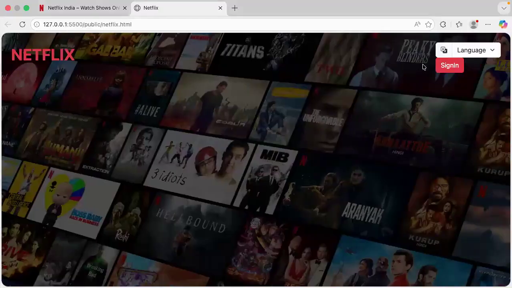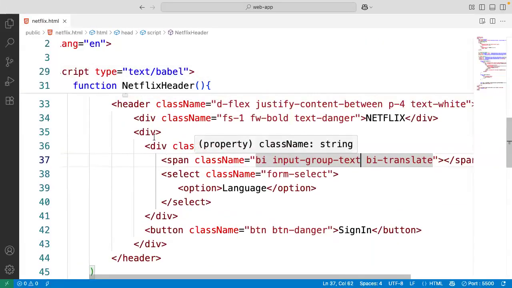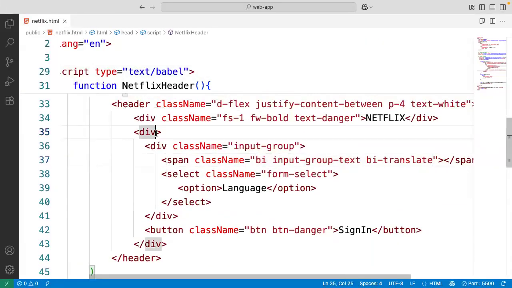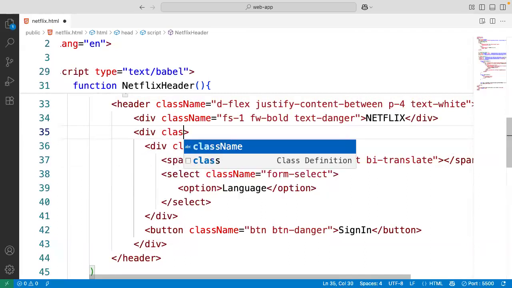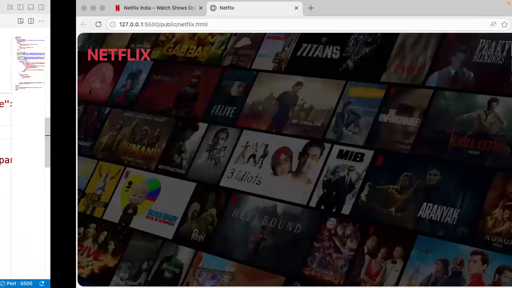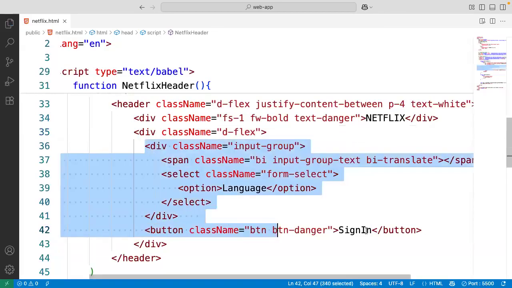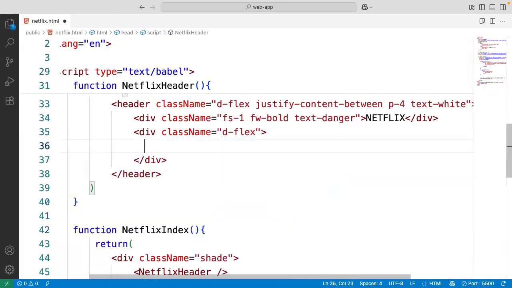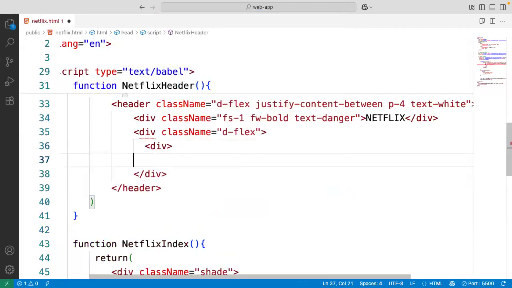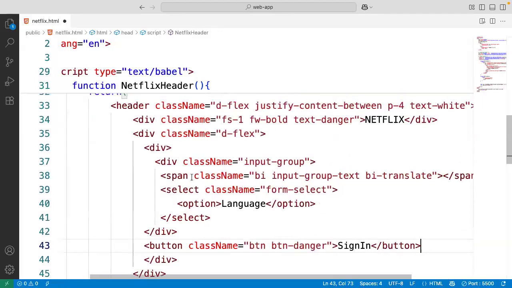And these two should be side by side. For the button, we will use a display class name as what? d-flex. It will keep them side by side. So actually these two must be in one div, then it is better. In a div we will keep them,